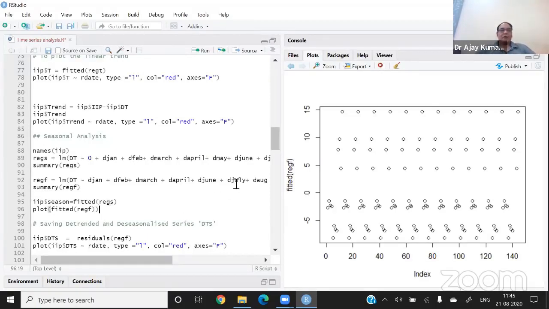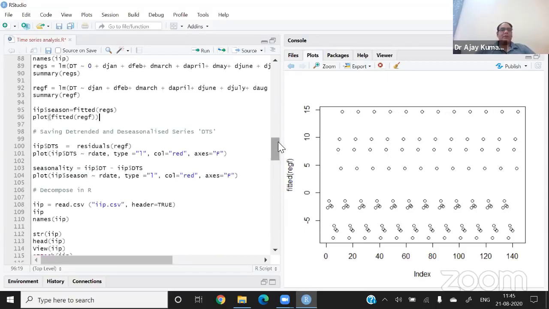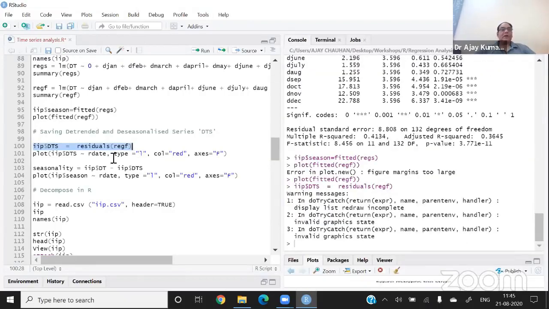Now you can see that I'm going to save the detrended and deseasonalized series, DTS. I'm going to subtract these fitted values from the original series DT. DT minus seasonal is called DTS, meaning the detrended and deseasonalized series. This is the residual of the series, and I'm showing you how the series looks like.